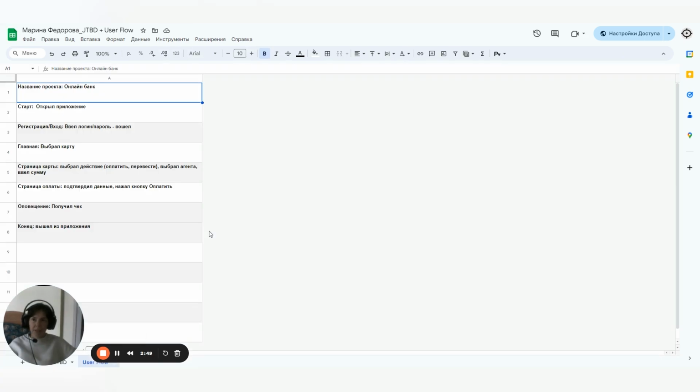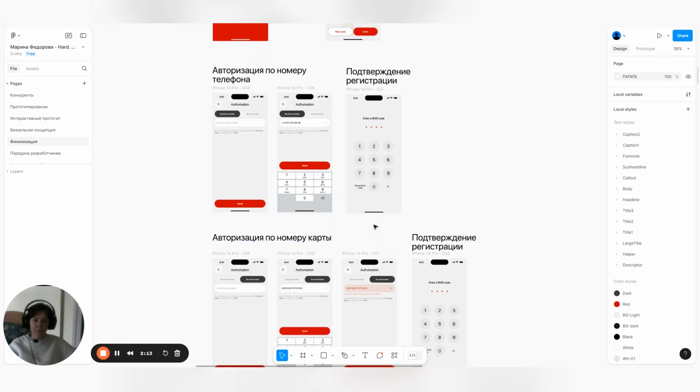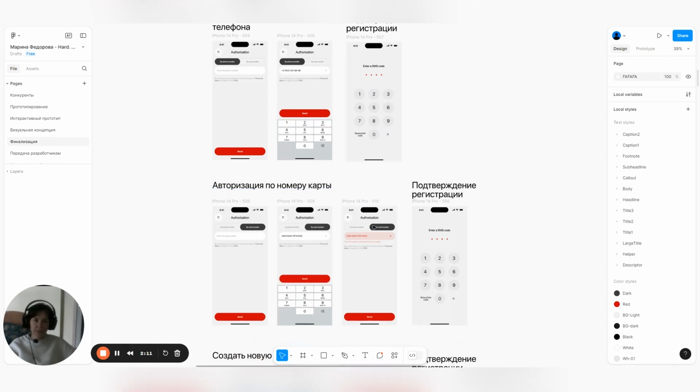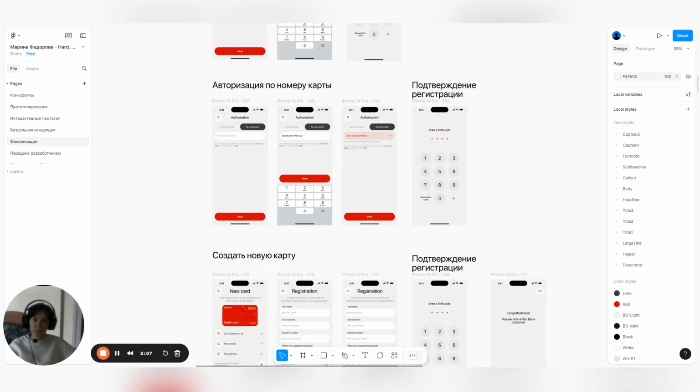Now I will tell about user flow. I am an active user of online banking apps. It was easy for me to understand the basic user flow from entrance to payment or transfer of money to another account. The security of money and personal information is very important in banking services, so it is necessary to have a full registration process.